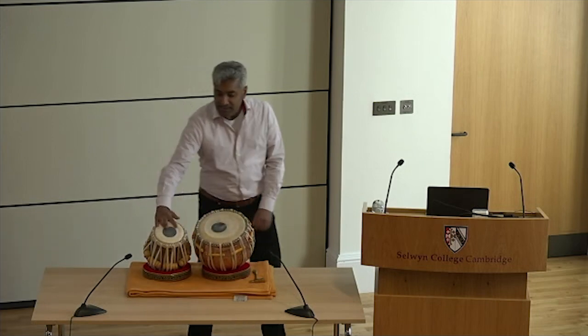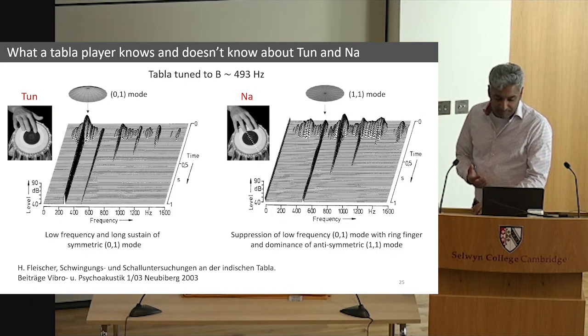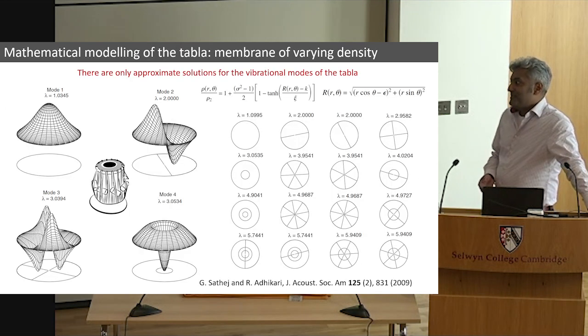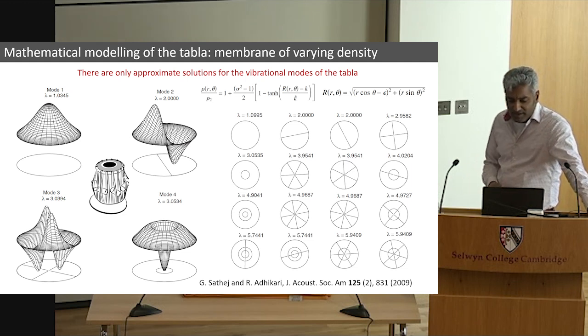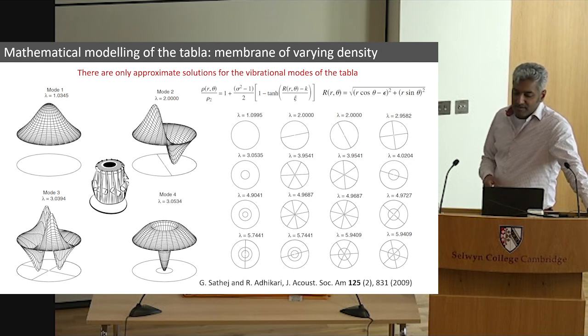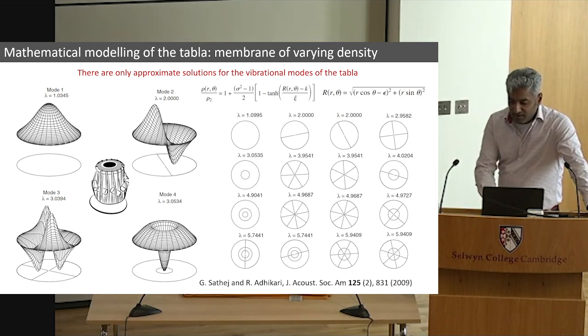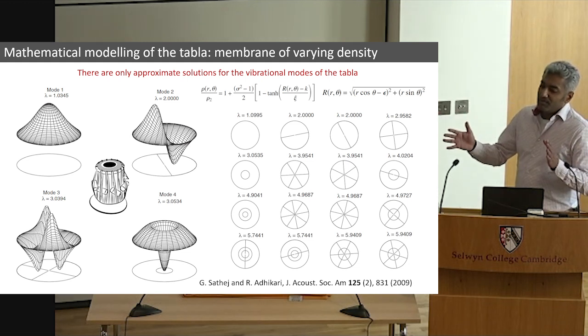So that is the na sound is what is harmonic. Now, much later, there have been several other studies on the tabla. It turns out it's very difficult to properly model the tabla. You can model it using some approximate methods, but the numerical methods that were done confirm this. They confirm that the relationship between the different modes of the tabla are not harmonic